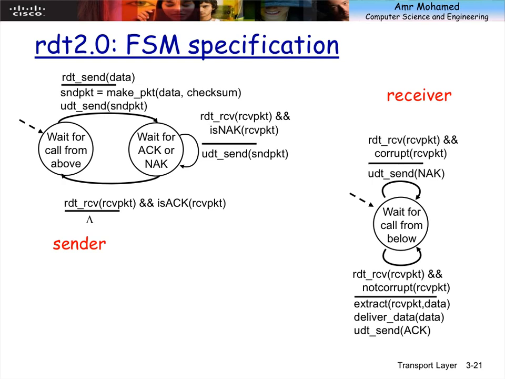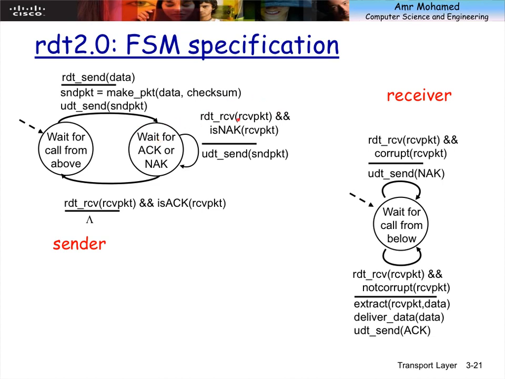But usually, you can design your finite state machine in multiple ways, and it's up to you. As we will see later, we can combine all of them in one state. But again, the events and everything will be more complicated. So it's up to you, really, how you divide the system into multiple states. So wait for acknowledgement or negative acknowledgement.